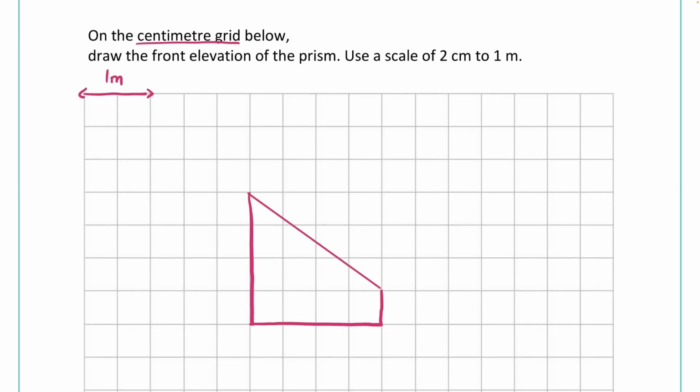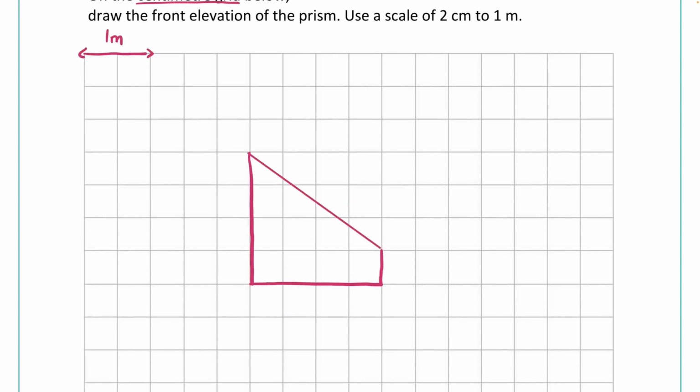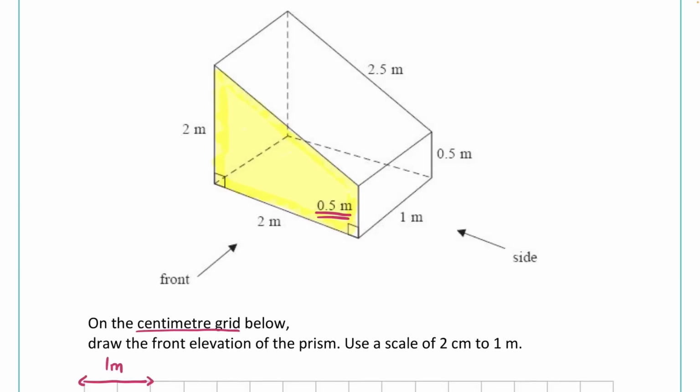So there is our front elevation. Obviously got a lot of space to draw that, but that is the front. Now, because it says 2 centimetres is equal to 1 metre, you could convert all of these on the diagram to start with, dividing that by 2. That would give us, we've got 1 metre, timesing that by 2, which gives us 4 centimetres, times 2, which is 4 centimetres, times 2, which is